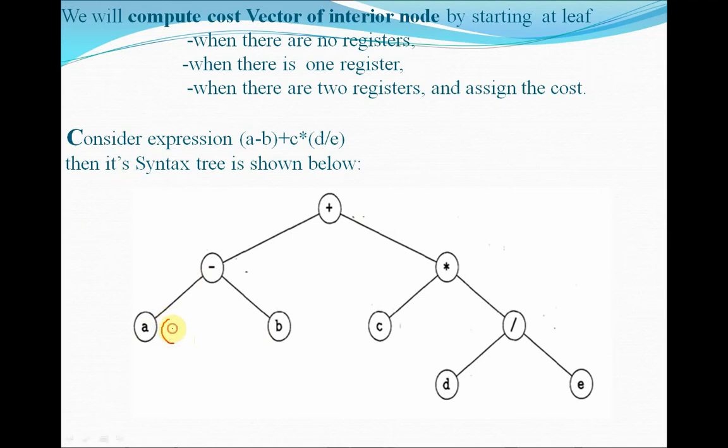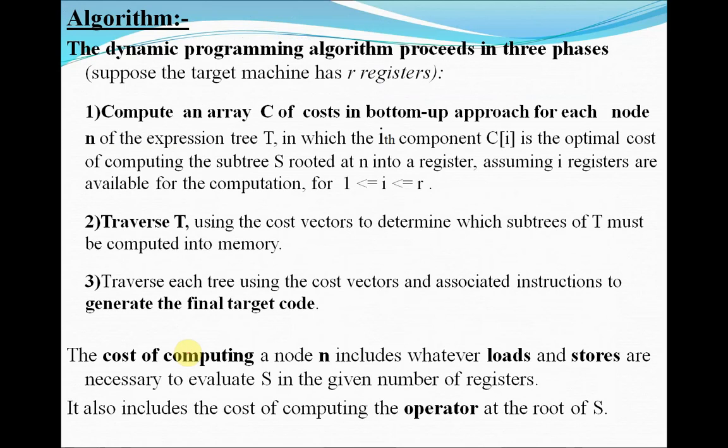Suppose option 1 cost is 0, option 2 is 1, option 3 cost is 1, suppose. So I am going to find all possible methods of generating target code for this subtree. Accordingly, I will find all possible combinations of each and every node or subtree translation in target code. That means for each node we will have a collection of values called a vector. So we are going to compute a cost vector for each node.